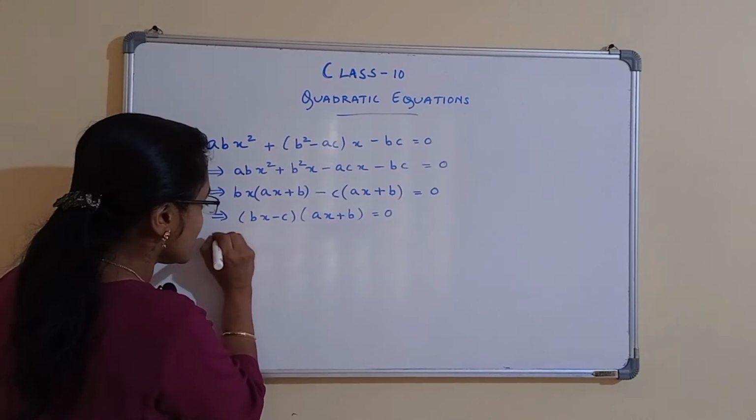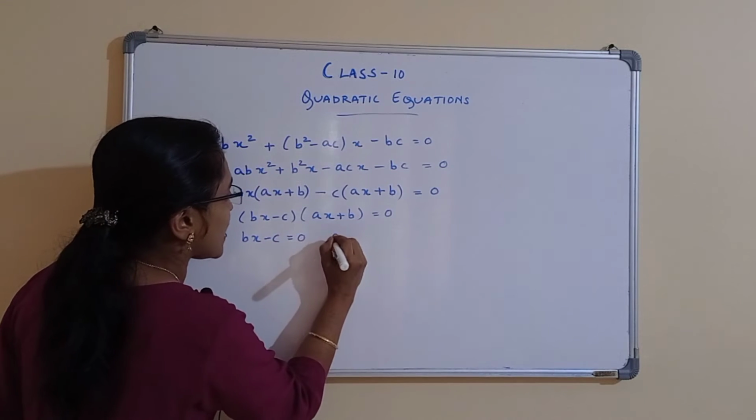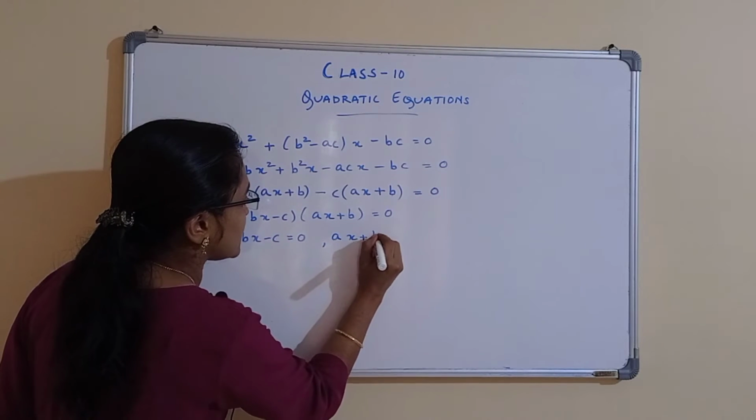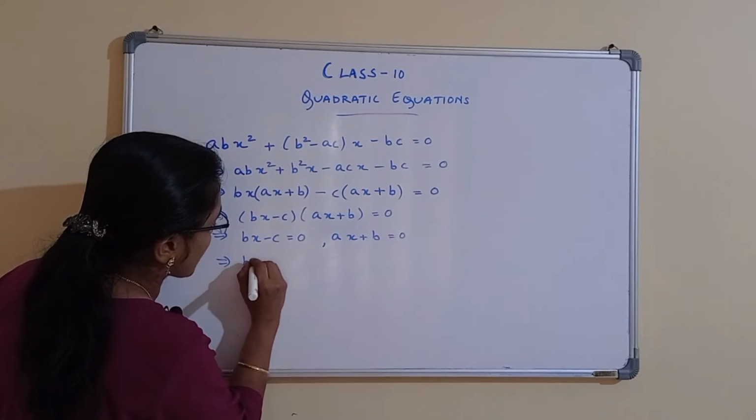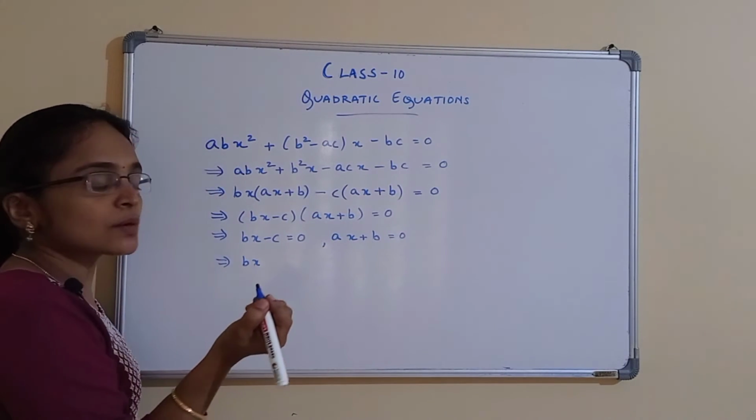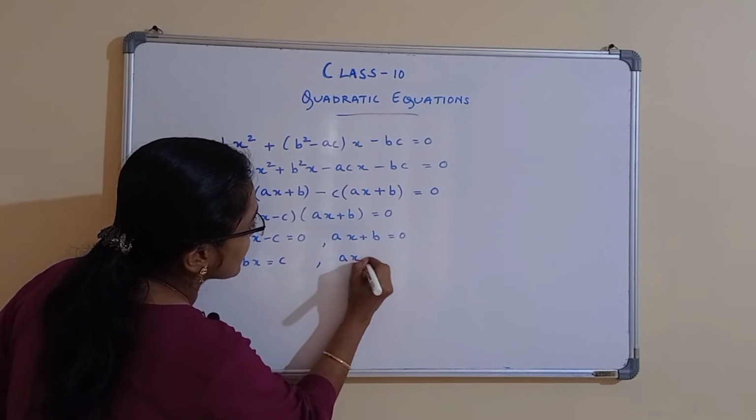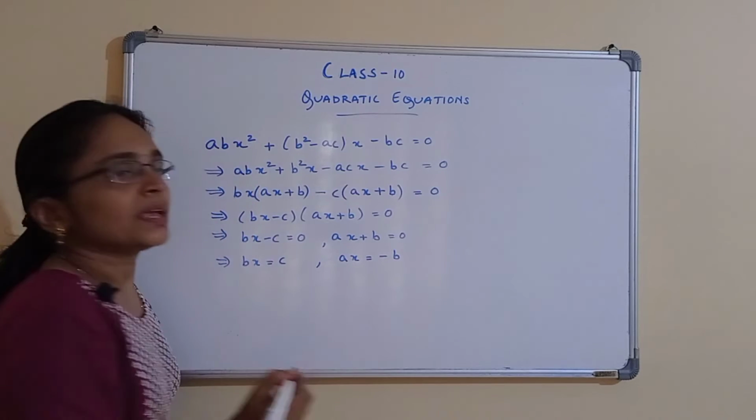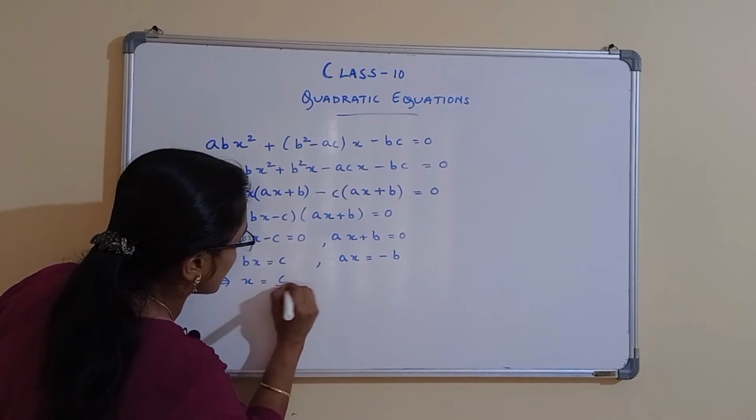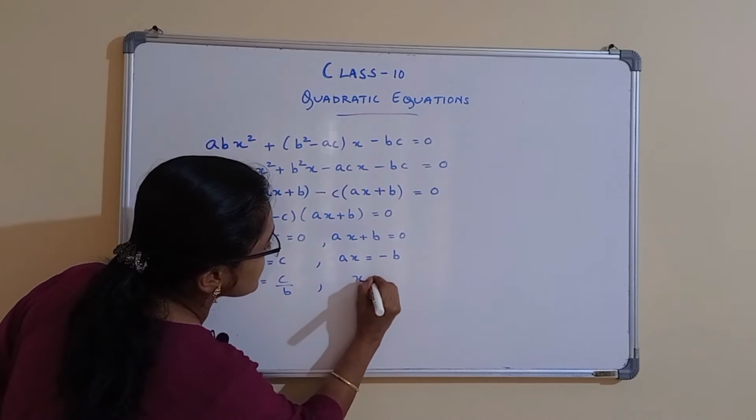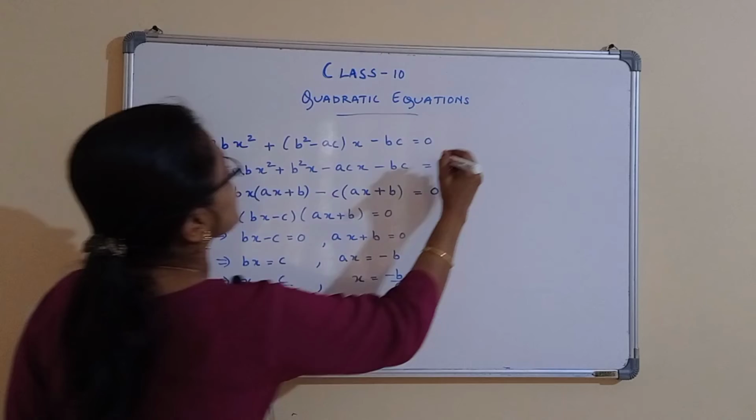Understood? So, this implies bx minus c equal to 0 and ax plus b is equal to 0, which implies bx minus c is equal to 0 means bx is equal to c, and ax is equal to minus b, and this implies x equal to c by b and x is equal to minus b by a. Okay, now for the checking part,